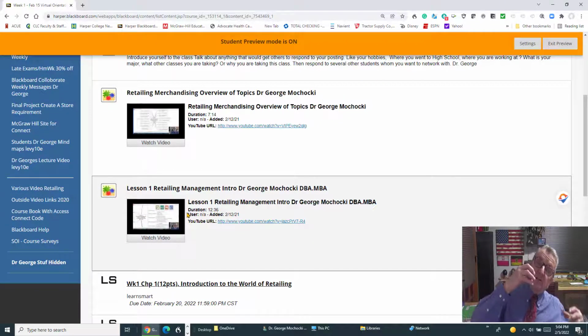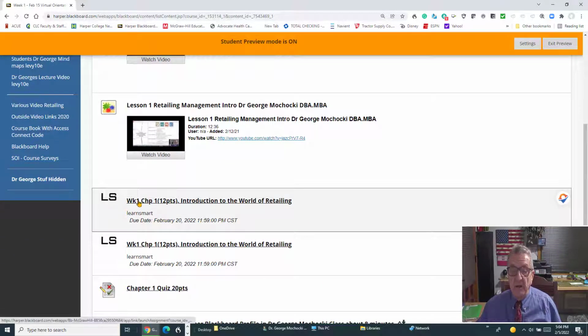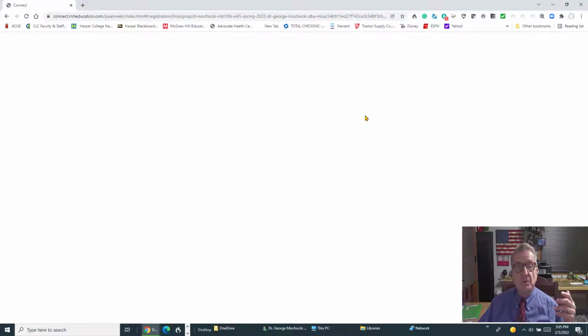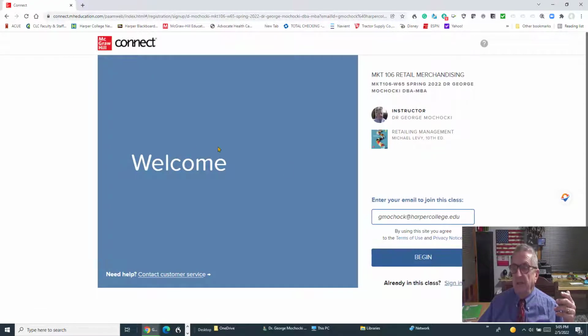Now you're also going to get the LearnSmart homework. So the first LearnSmart homework, when you click on here, it's going to take you into Connect, instructor, everything else, and then you begin. Now, if you have the passcode, it's going to ask you for the passcode. I'm not going to come in here because I'm coming in as a make-believe hypothetical student. You're going to put in the passcode, and then you're paired, and all your homework assignments in this section, and library, and your grades, and everything else you'll find in here. Very easy to use, very intuitive.